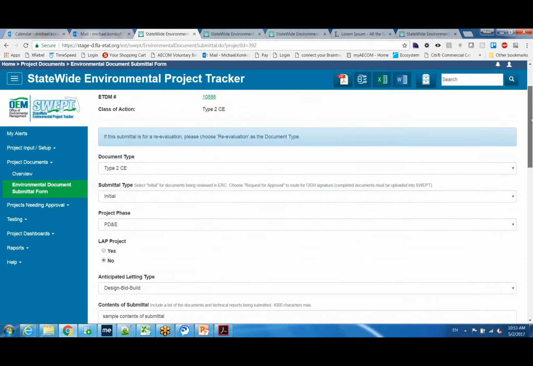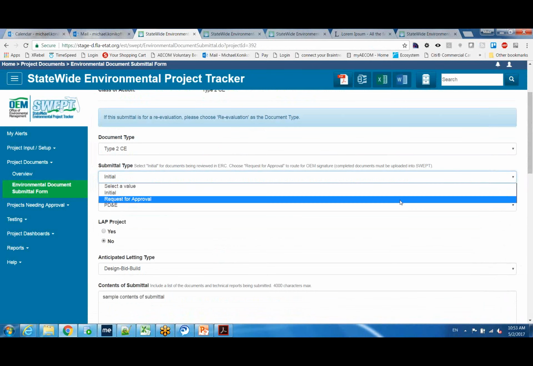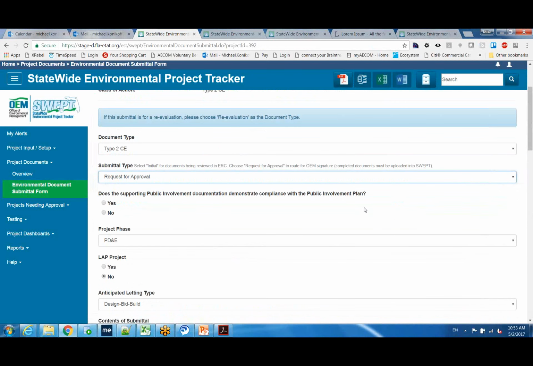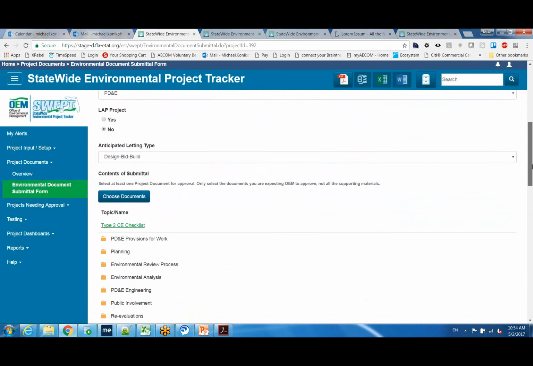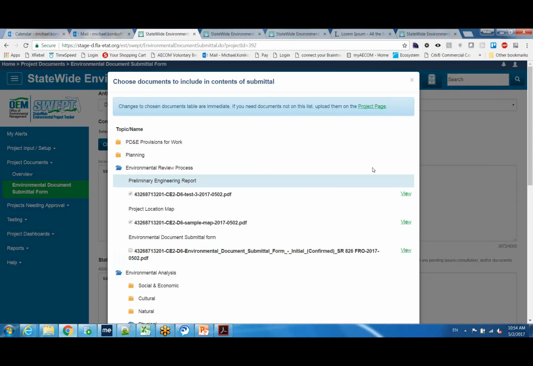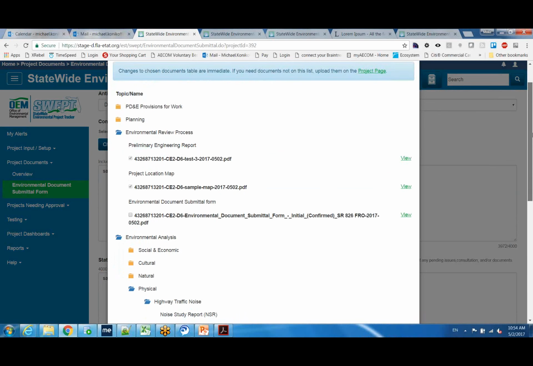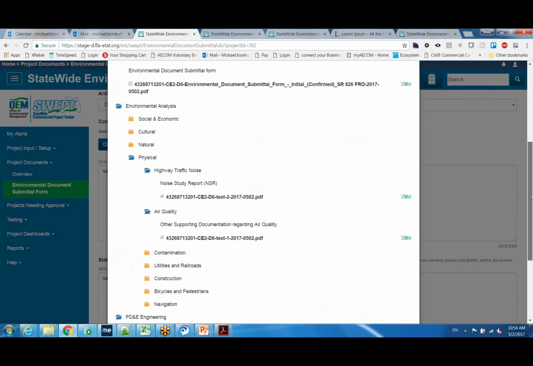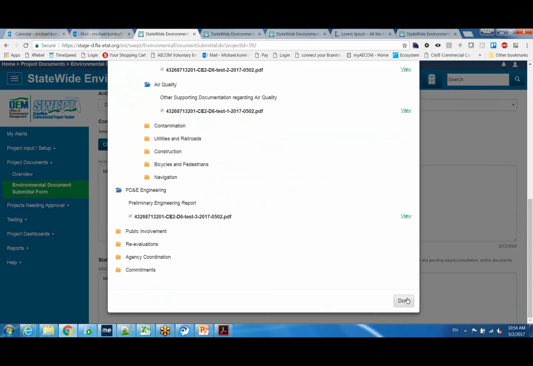And so again, we're on the submittal form. Here we're going to just update to request for approval. We get an additional question. Does the supporting public involvement documentation demonstrate compliance with the PIP? We'll say yes. The other difference with this form is it's going to ask us to choose the documents that are part of the submittal. And Pete described this earlier. So you can go through the project file, choose the